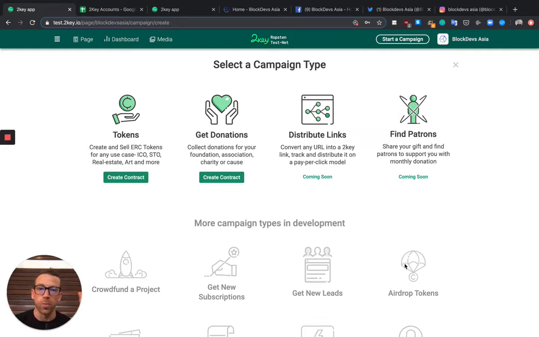So what we're doing is we're selling Block Devs tokens. So these tokens you will purchase by sending in Ethereum. They will use these funds to run their hackathon. And then the winning team of the hackathon, whatever number of tokens you had purchased, this will represent credits in that winning company's product. So it's quite interesting in that, you consider it a donation, maybe some sort of crazy investment, but